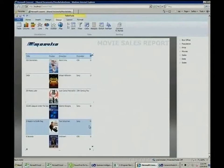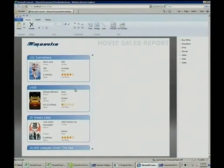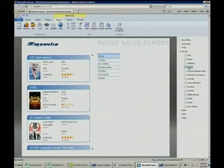I can go through and change sizing and do some filtering, change the layout of it. So there are nice new graphical rich ways of showing this data. Here we're seeing it in a card type manner. All of the definition as to how the title lays out and all of that is done at the back end. The end user doesn't really need to know any of that. It just automatically promotes the field, like the title of the movie should be up at the title of the card, for example. And then when we go in and add another field here, if I want to look at movies by rating,